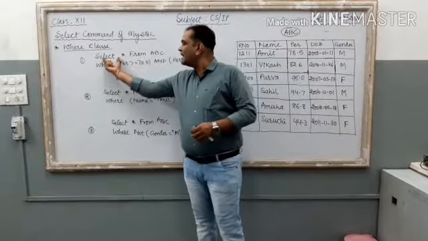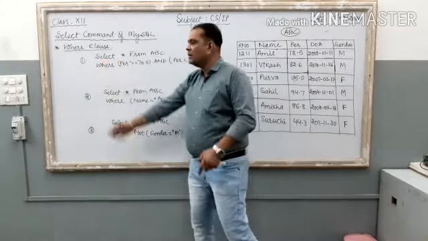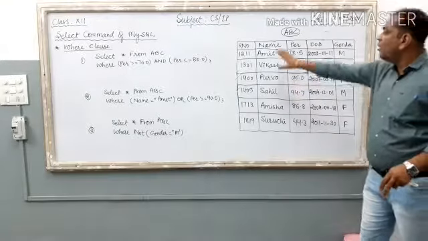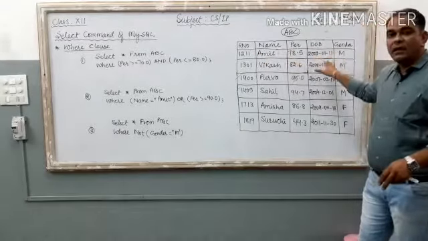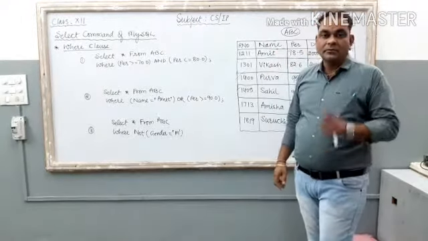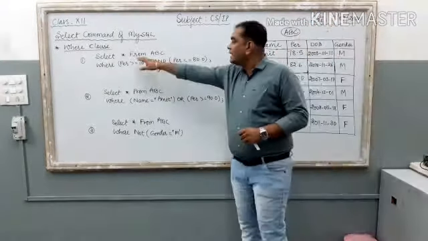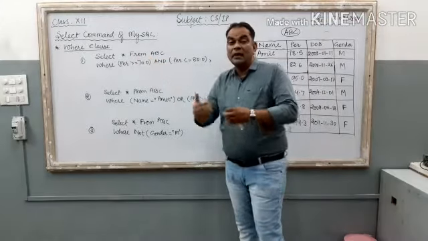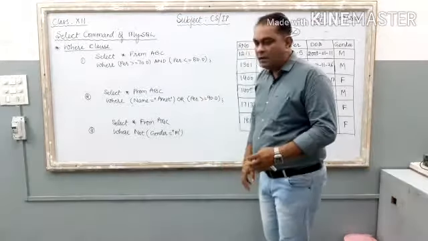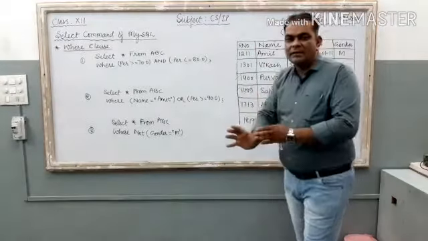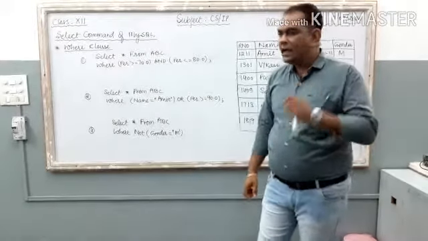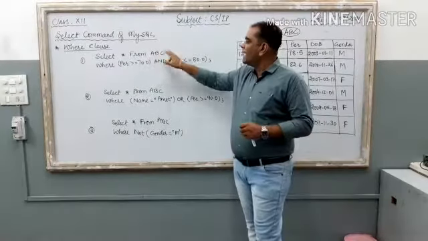Now, what is there with the select command? Very first, select star. Suppose the name of the table is ABC. Select star means all the columns of the table will be there as output on your computer. Clear? Then in the second line, with the from command, we use the table name, that is ABC. It means the computer understands that we want something from the table ABC. So: select star from ABC.